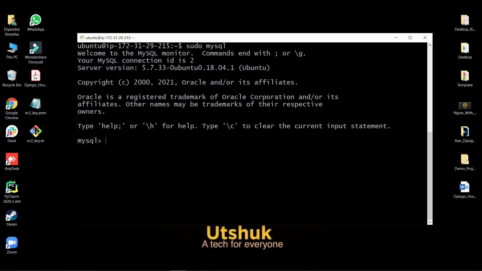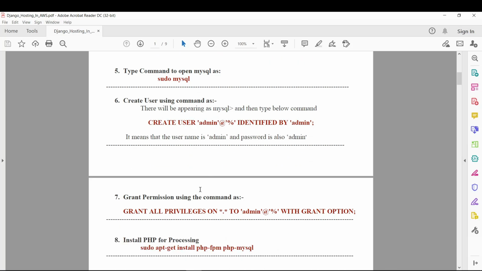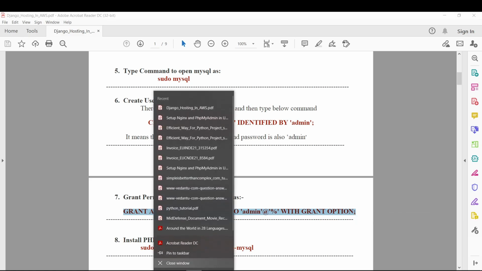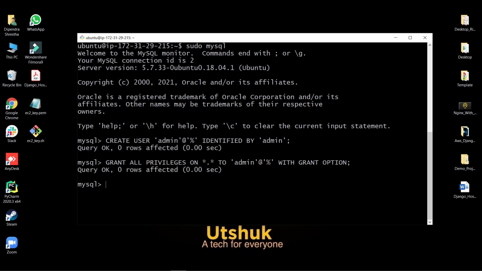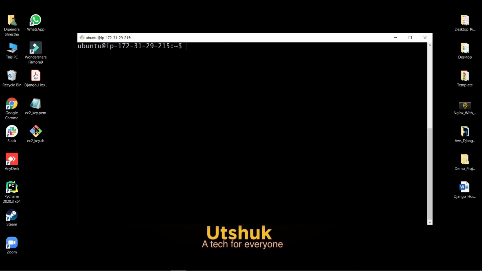So let's paste it here. It would say Query OK. Now we need to grant all the privileges to the user that we have just created. Press Shift+Insert. It will say Query OK. Now exit from MySQL. Let's clear it out.